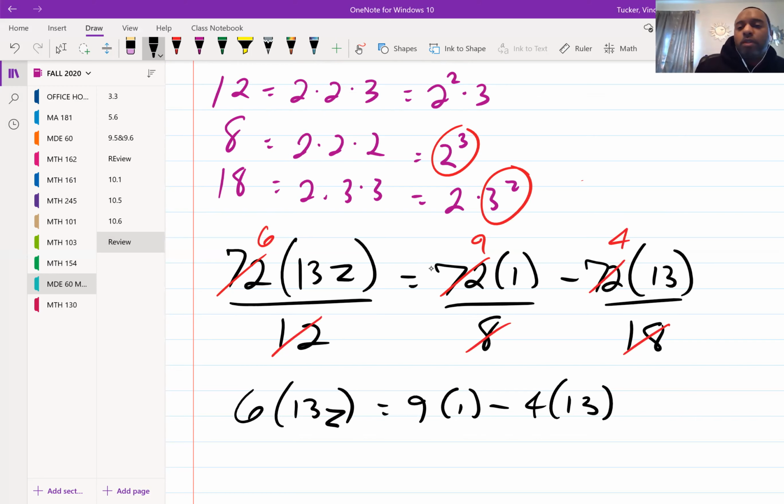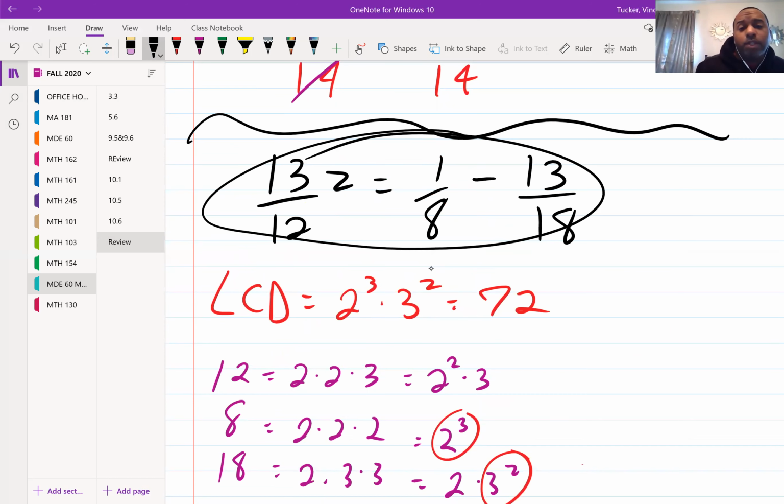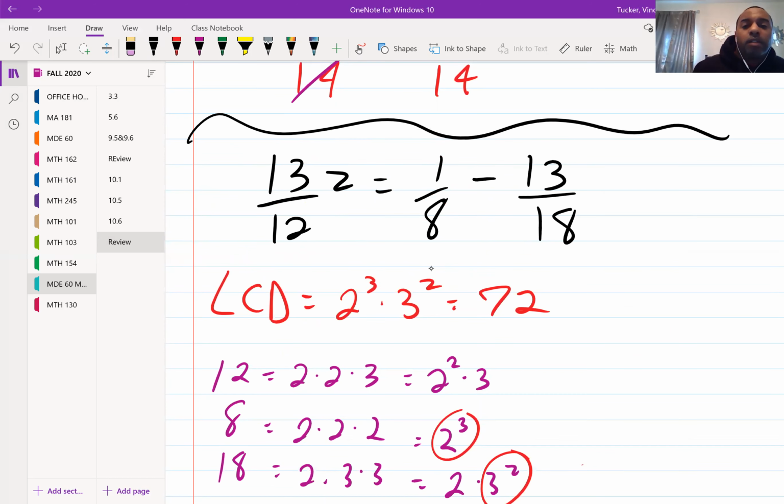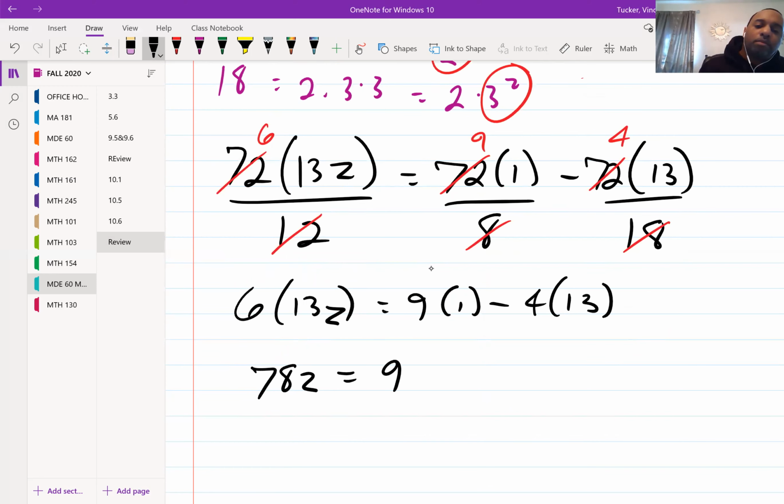And for those who are jotting down notes, remember this is just one way of doing this. If I go back here and I just wanted to do the work with the fractions involved, you could have done that as well. But it's up to you. But this is how you clear out your fractions. So it's going to be